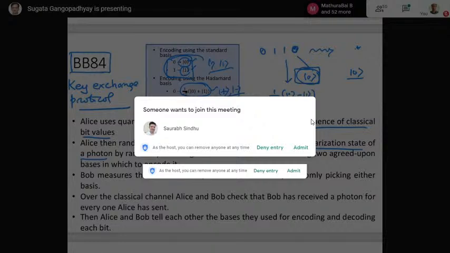So Bob has a 50% chance of making a wrong guess. The idea behind the key exchange is that Alice does this and Bob also chooses the basis elements uniformly at random,